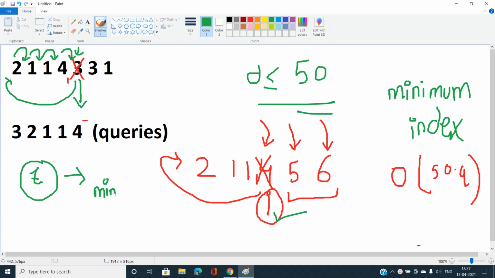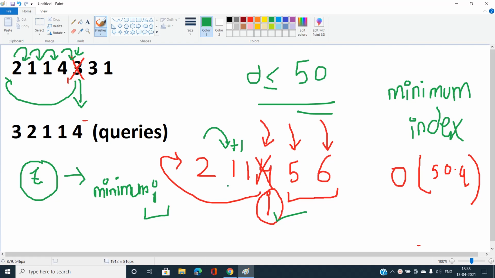Okay, so let's say it has a minimum index of I. If it has a minimum index of I, then all those colors whose minimum index is strictly less than I will always be shifted one more position, plus one. So we have to iterate over all those indexes less than the current index, whose color has a minimum index less than I, and increment it by one.